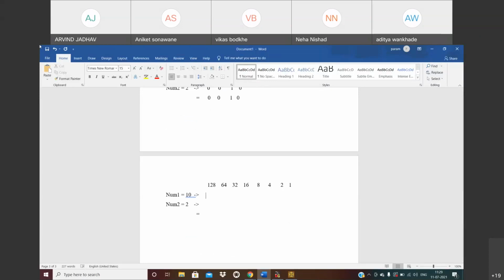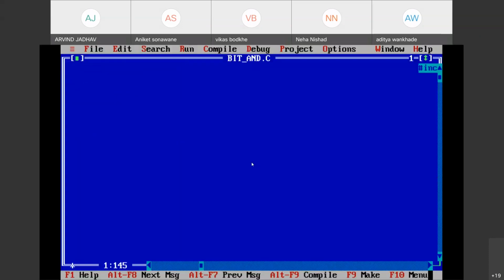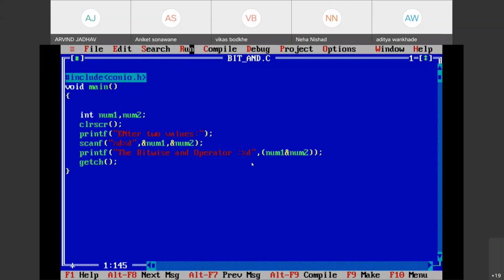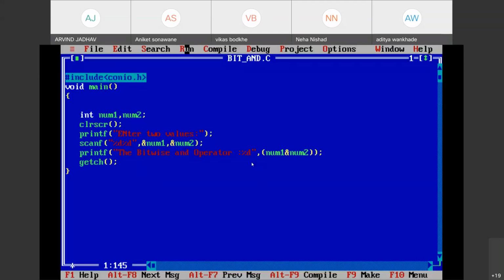The first value is 99, and I think the second value is 56. Is it right? Let's check out one more time. Run. 99 and 56. So we get the 32, right?